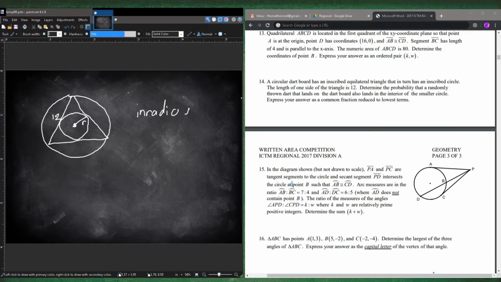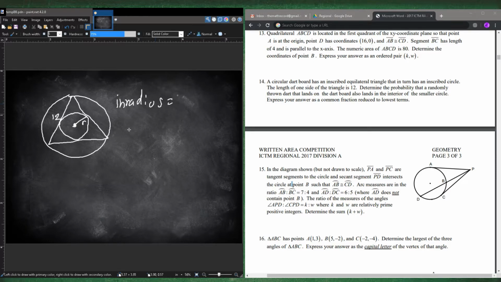And then we have a circumradius. This is the radius of the circle that's outside the triangle, right? So there are these two radii. The reason we need to know this is that the inradius is going to help us find the area of the small circle, and the circumradius is going to help us find the area of the larger circle. Okay, so to calculate the inradius,